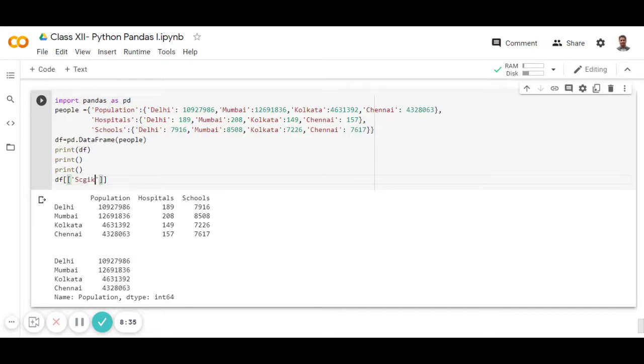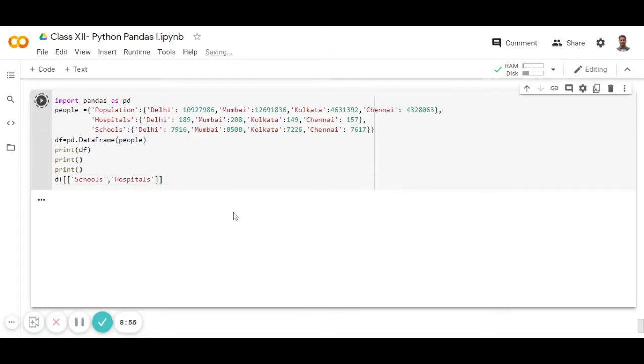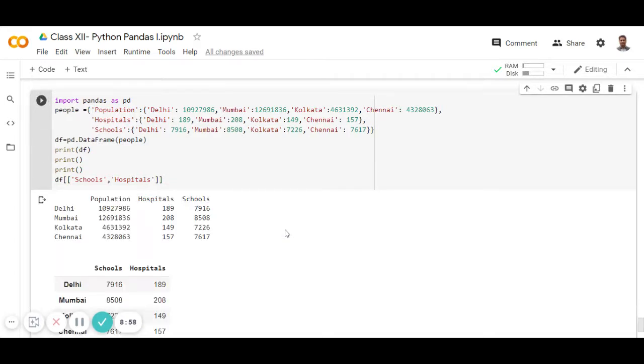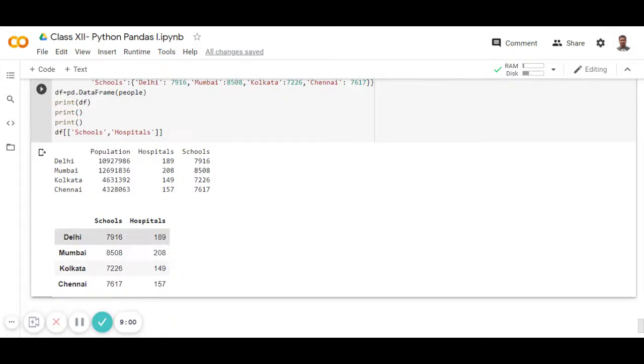Like I'm giving schools, then hospitals. Then we can check that. You can see there school and hospital.